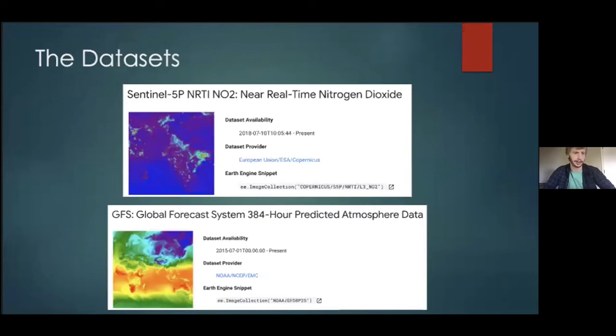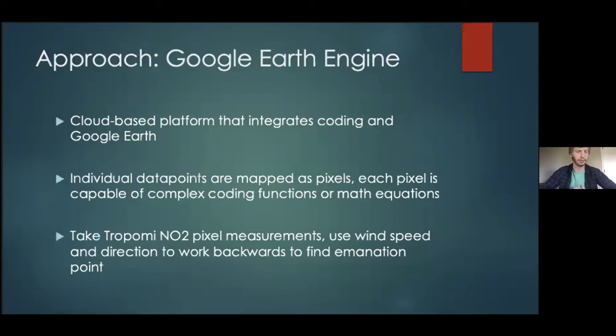So take a look at the data sets. The top one is the actual nitrogen dioxide data set, more commonly referred to as TROPOMI, and that's how I'm going to refer to it. And the one on the bottom is the Global Forecast System's atmospheric data, which can be used to determine wind direction and magnitude. So my approach was through Google Earth Engine, which is a cloud-based coding platform that is integrated